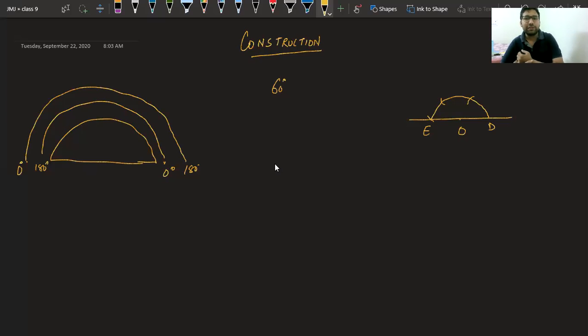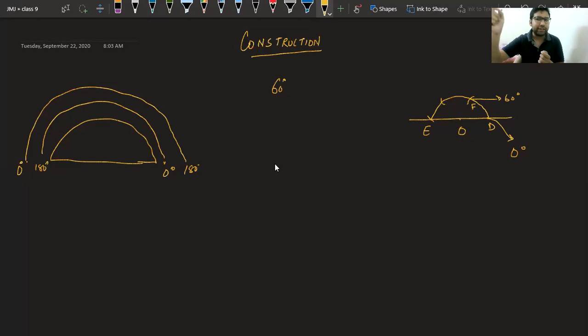Okay. Class, please tell me, this point D signifies which angle? This point D, if I started my things from here, this point D is signifying which angle? 0 degree, Piyush, very good. This angle, this point, suppose I call it F. This F is signifying which angle? Yes, it is signifying 60-degree.